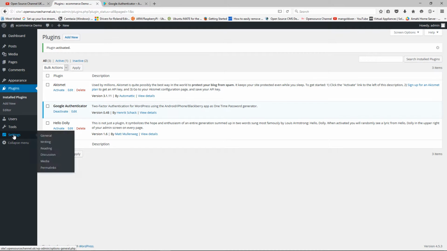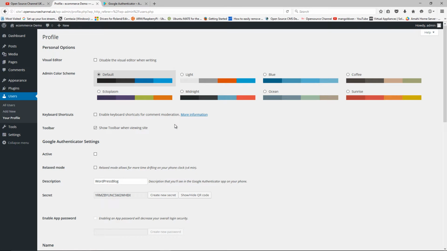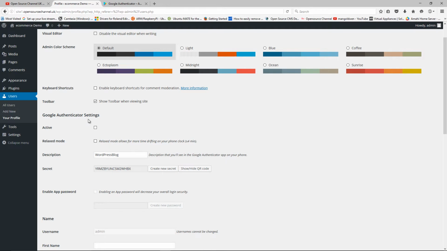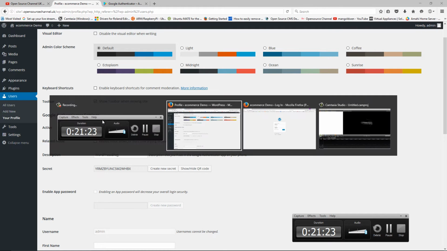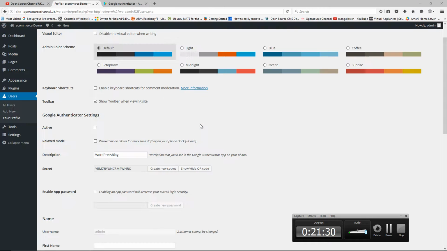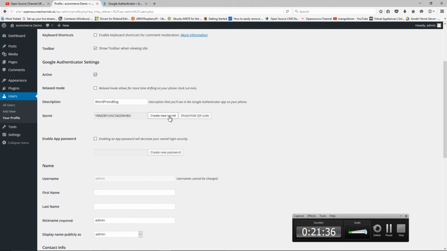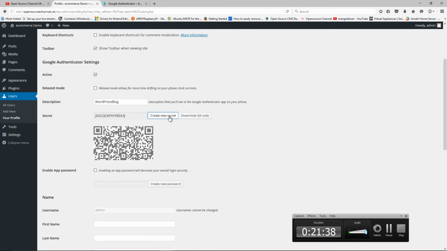Okay, that's been done. So if I go to users, for example, and I'm going to edit, as you can see, you got the Google Authenticator settings. Now, if I go here, where are we? You only got two options. Now, if I go back here and I activate it, I can actually create a new secret, for example,